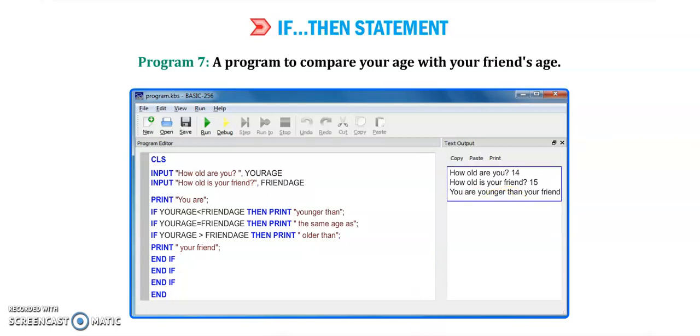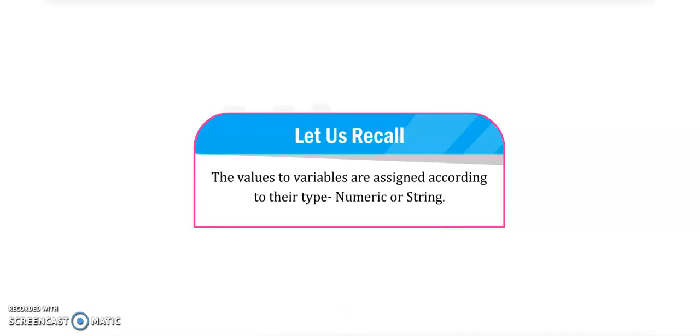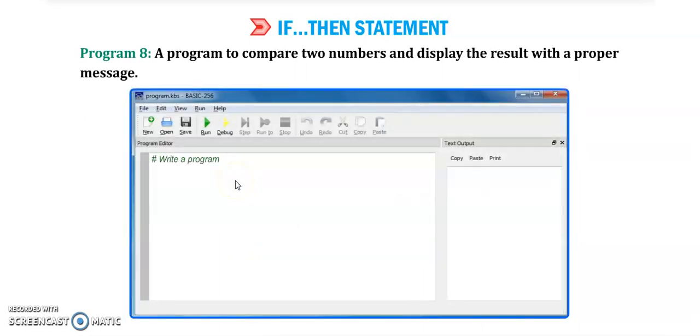Now next program number 8. First let us recall the point where the values of a variable are assigned according to their type, numeric or string. Program number 8 is a program to compare two numbers and display the result with the proper message. Now CLS, input enter first number in N1.